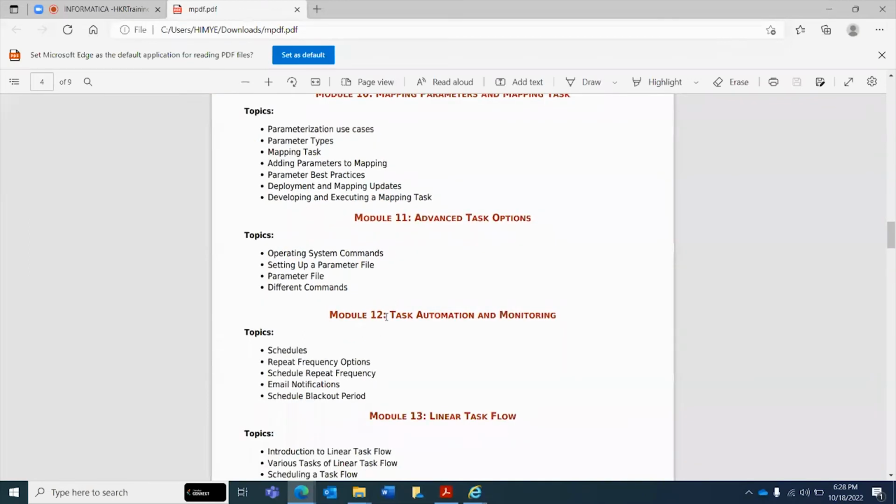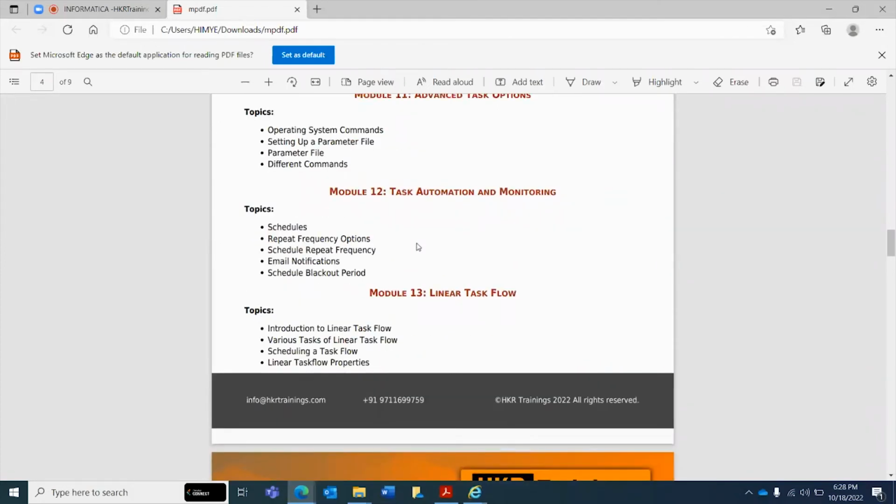And coming to the 12th module, which is automation and monitoring. The name itself indicates that it is a monitoring tool, monitor being one of the products. Whatever task you run in data integration can be monitored in monitor. And coming to schedules, if you want to run the task based on a schedule, we can assign that, and we can repeat the frequencies, send email notifications, and all this can be handled in administrator. And if you want to monitor the data, you can use the monitor product. And we'll let you know once we log in to the Informatica Cloud organization.